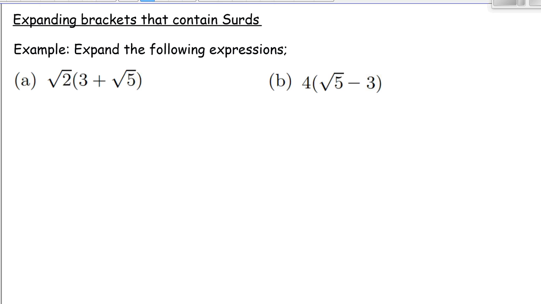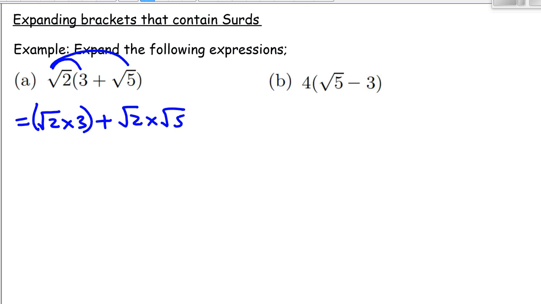So I'm going to expand the first question. Now, when you expand brackets, all you have to do is multiply the number outside the bracket by each of the terms inside the bracket. So I'll end up with square root of 2 multiplied by 3, plus square root of 2 multiplied by square root of 5, which will be equal to